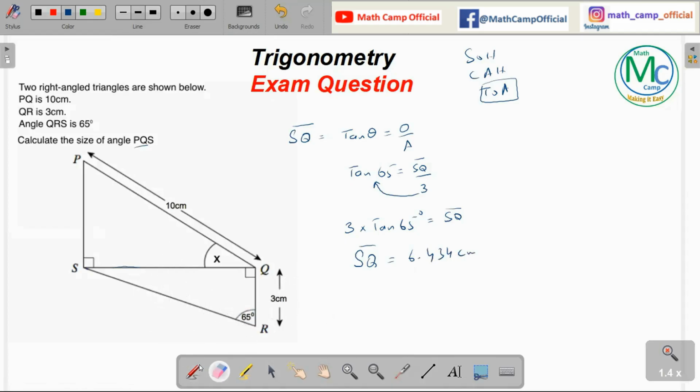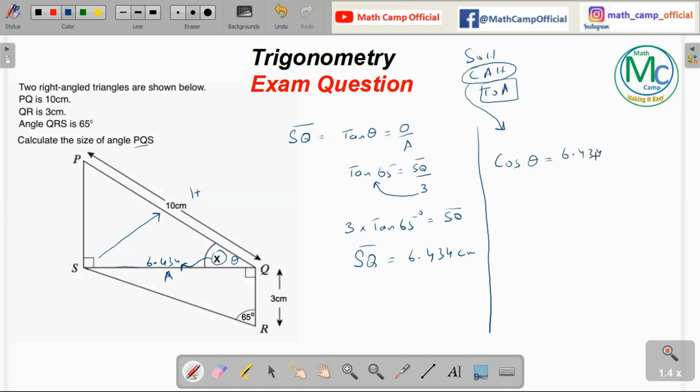Now I'm going to label my shape. So this side is 6.434, as we have to find out x. Now this is our theta. According to this theta, this 6.434 is going to be the adjacent side, and this 10 is going to be the hypotenuse because it is opposite to 90 degrees. To see which ratio has adjacent and hypotenuse sides, in this case we have cos. This is going to be used here. So cos theta, we have to find out, adjacent side is 6.434 over